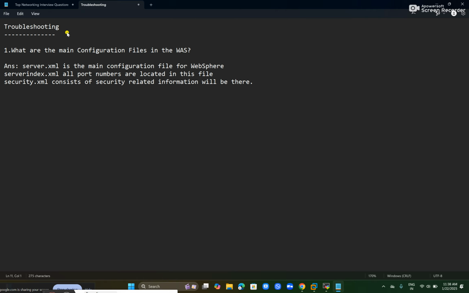These are the main configuration files. Okay, for IHS, httpd.conf, and plugin-cfg.xml are the main configuration files. Okay. Second one,